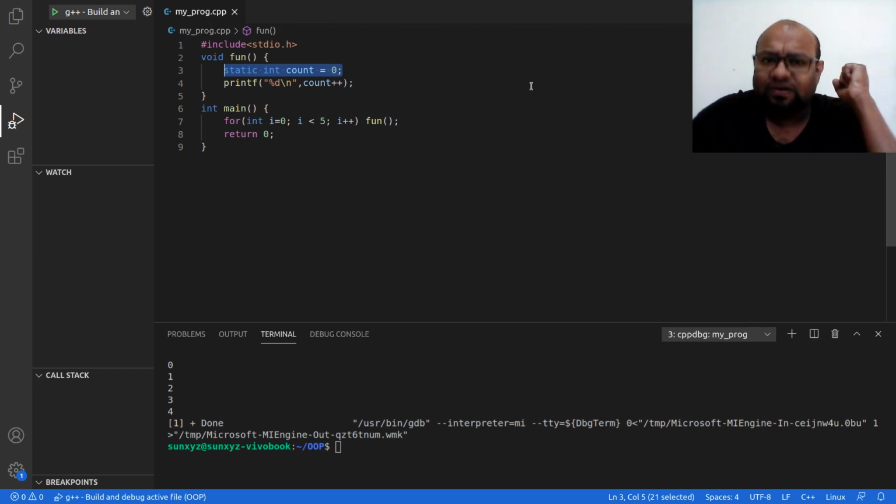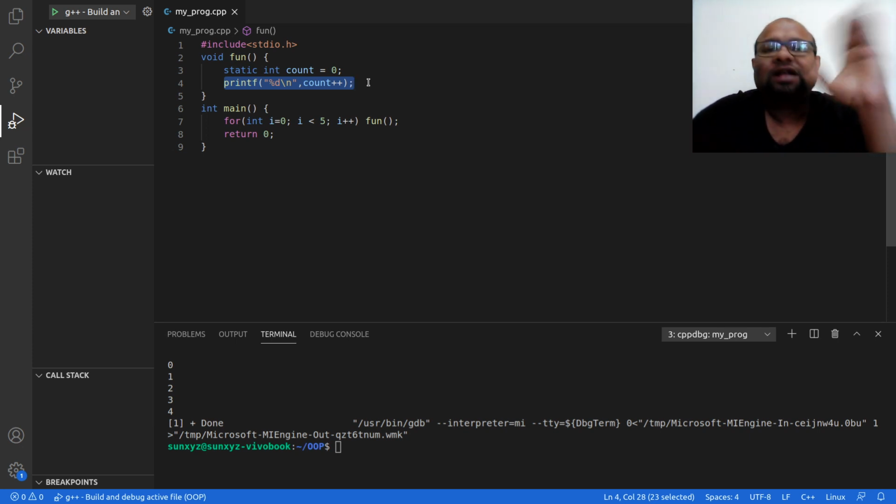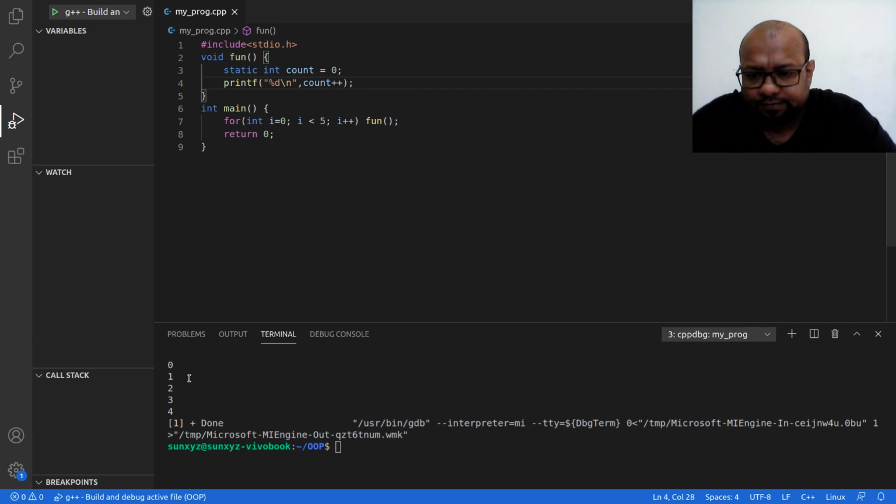I return from the function call after incrementing this 0 to 1. The second time when I call this function, and in this line number 4, I try to print the value of count, what I get is the last updated value of count. So the last time, what was the value of count? I had 0, and from 0 I had incremented it to 1. So 1 was the value that was there in my memory. So I am going to access 1. So when I try to access this count, I am going to get this value 1. Alright, so I end up printing 1.